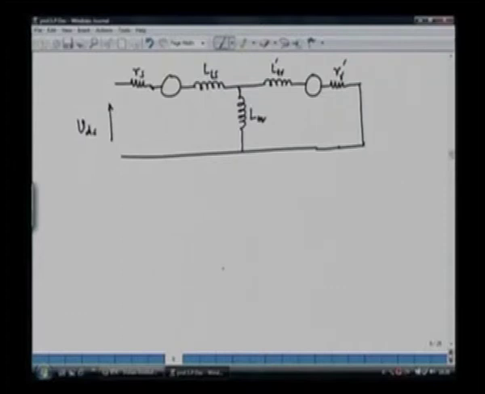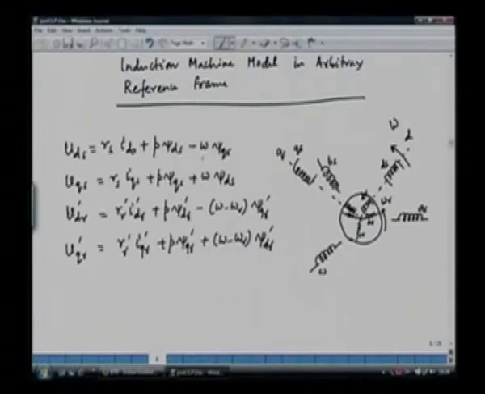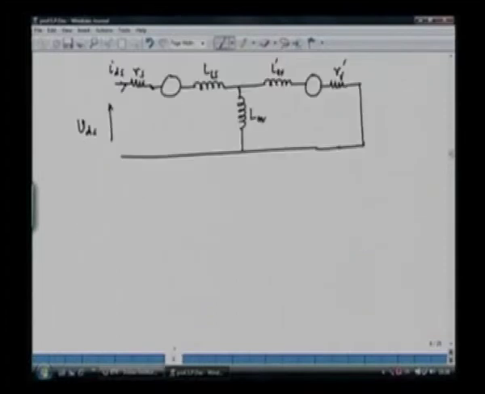So this is the rotor resistance, and this is the stator current IDS, and this rotationally induced EMF we can see here is omega into psi qs in the D axis, and it is helping the applied voltage. If this is the applied voltage with plus and minus, this is minus and plus here, and this is omega into psi qs, and the rotational induced EMF in the rotor will appear as